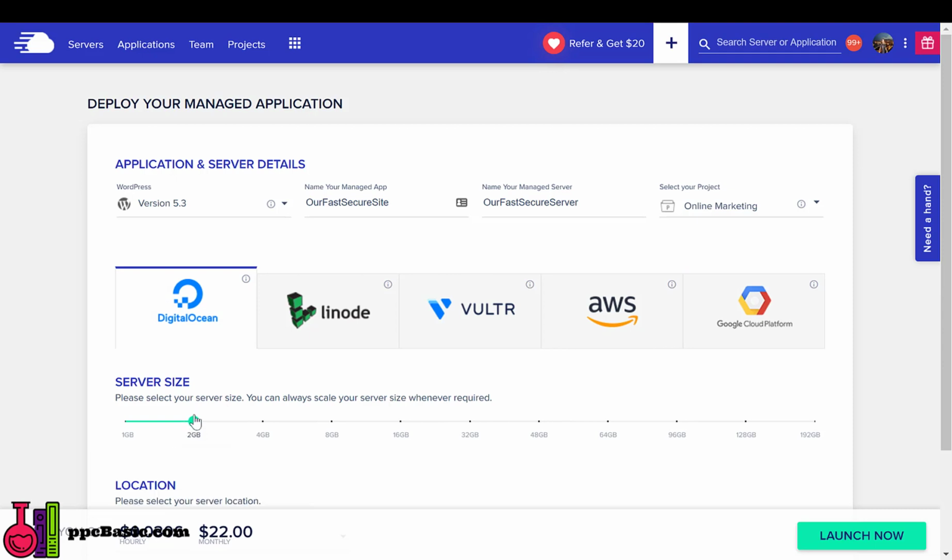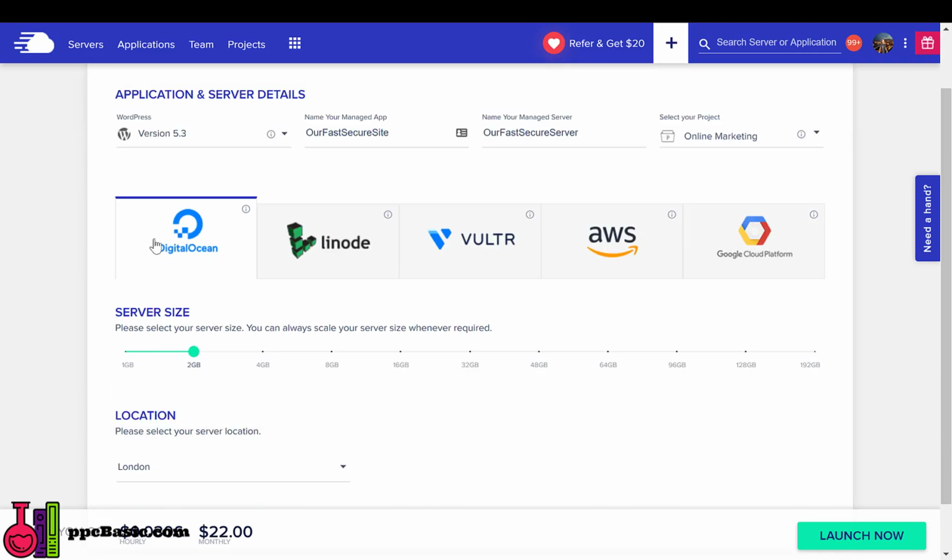With DigitalOcean's instance, you will only be able to upscale, but you will not be able to downscale. So in order to downscale, you'll have to make a new server and transfer everything from that server to a new DigitalOcean server. So this is a little bit of a nuance, but just so you know for the future. For this tutorial, we'll go ahead and select a DigitalOcean server, and we're going to do a 2